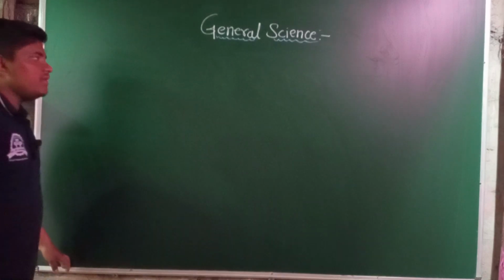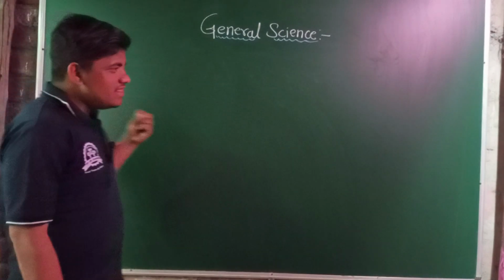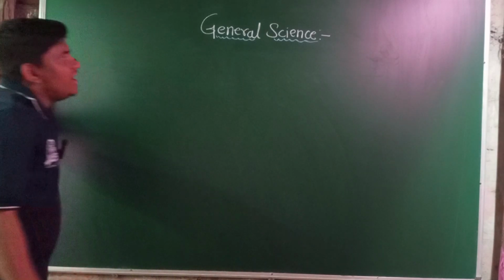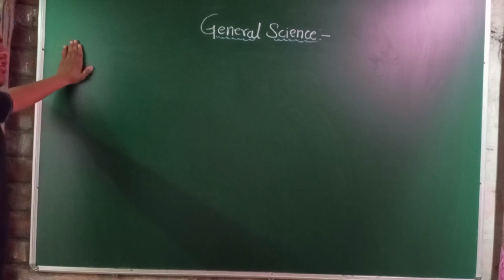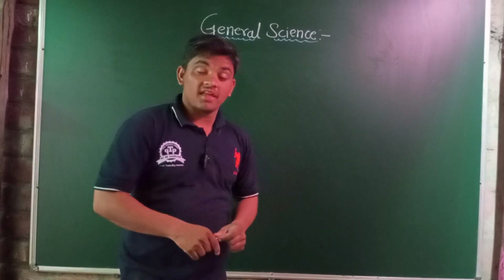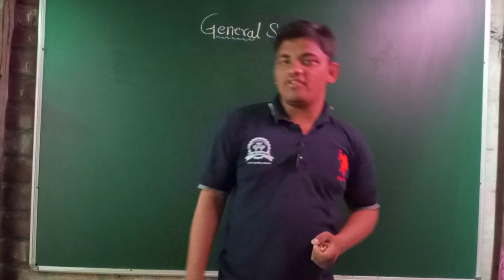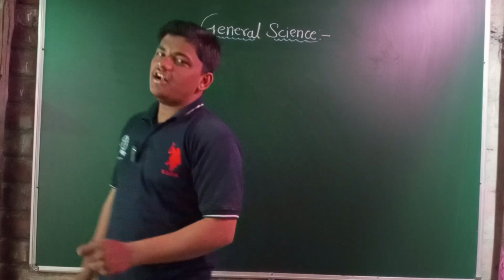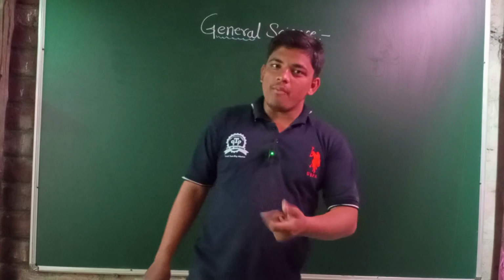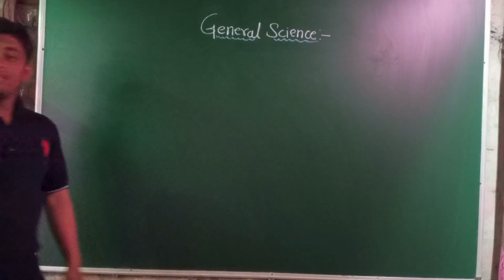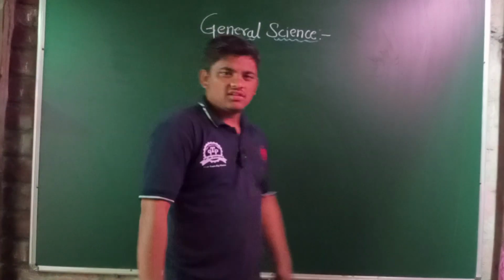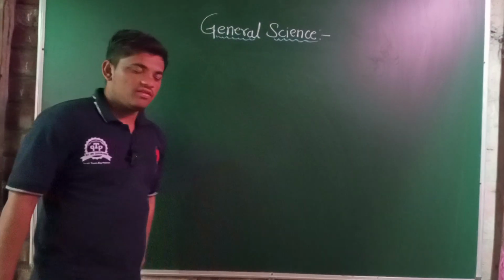Whenever we study proportionalities, relations or variations, direct or indirect, we have a constant of proportionality. In gravitation, the constant of proportionality is capital G. This is known as the universal gravitational constant. It has a standard value at every place on the earth. G is equal to 6.67 x 10^-11, and the unit of that constant is Newton meter square per kg square.